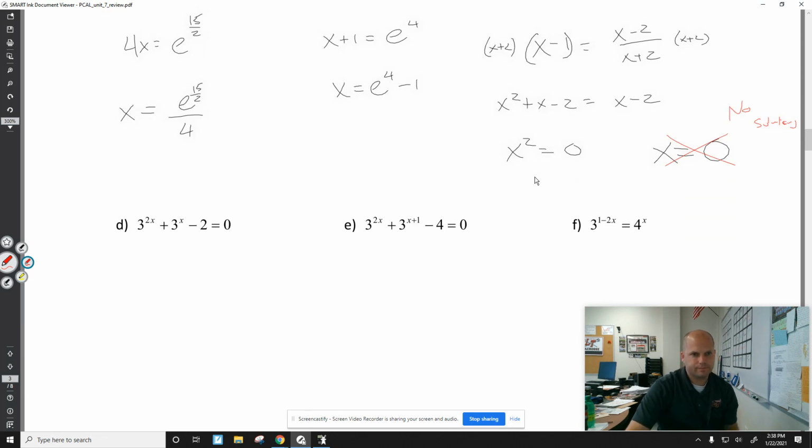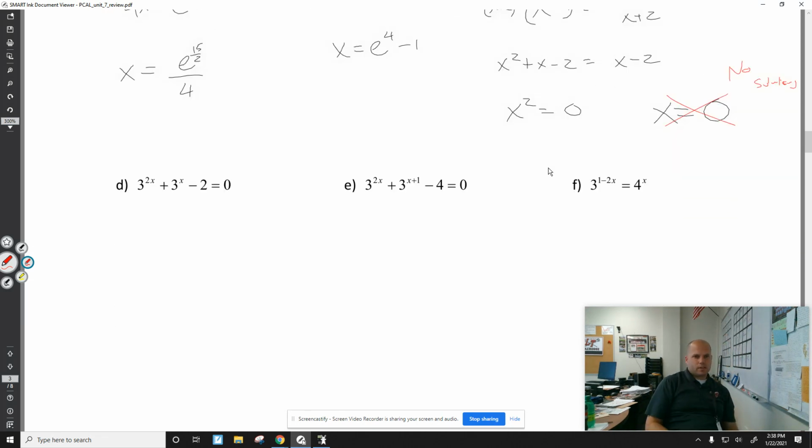All right. Remember these? A lot of people think that it's like, oh, looking for x squared plus 3x minus 2 and factor that. No, it's not the case. Okay. If 3 to the x was something like y, this would be y squared plus y minus 2. You're looking for two numbers that add to get 1 and multiply to get negative 2. Positive 2, negative 1. So it would be